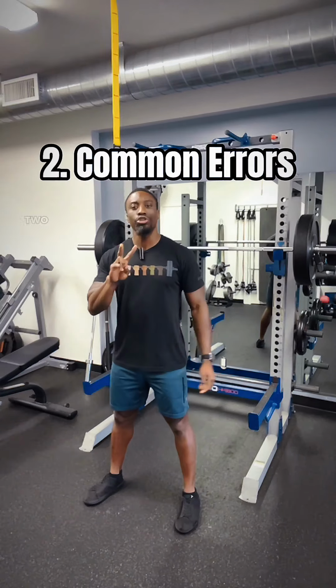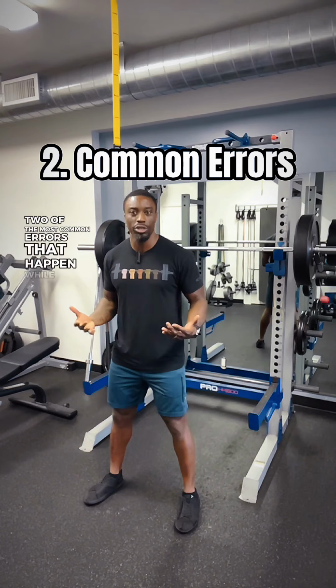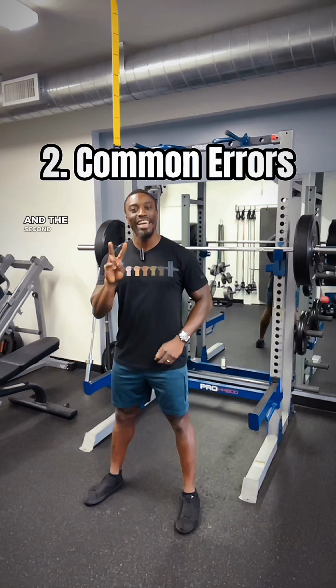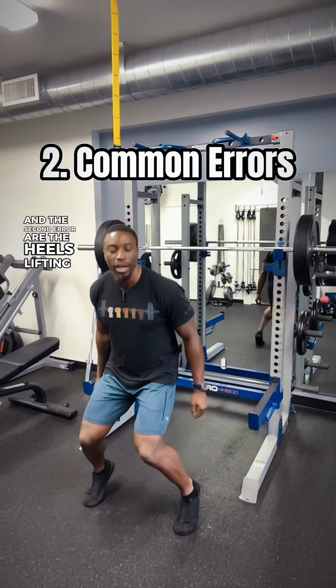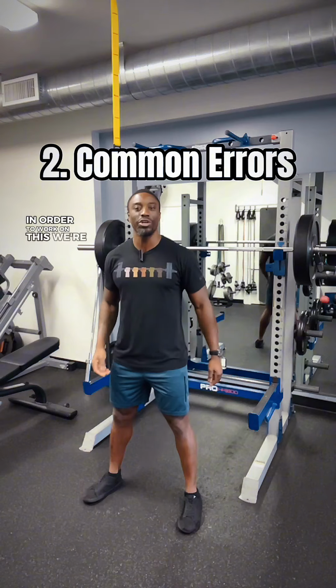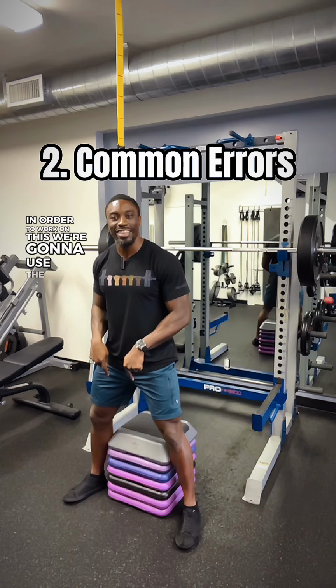Now let's talk about 2 of the most common errors that happen while squatting. First and foremost are the knees falling in, and the second error are the heels lifting, also known as a Michael Jackson squat. In order to work on this, we're gonna use a small box like this, or even just